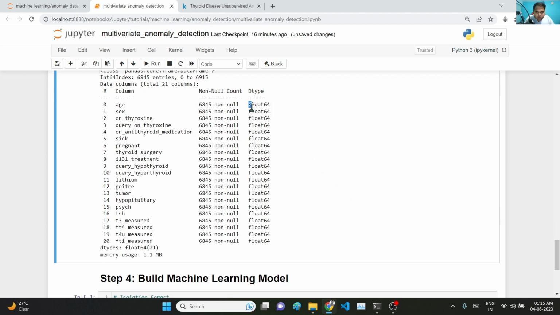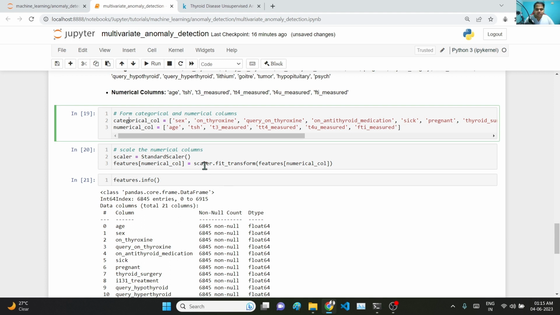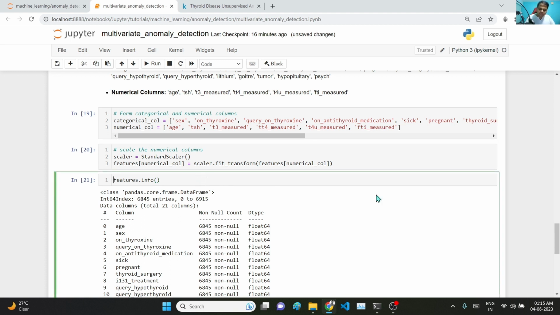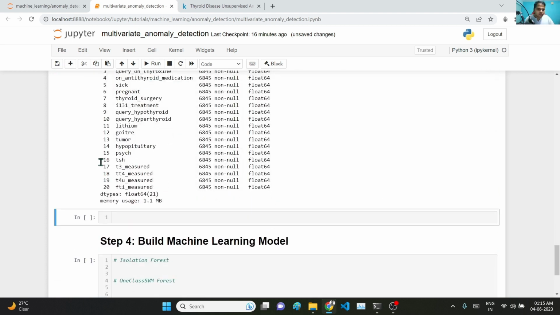Okay, so all are appearing as float, even the categorical columns. So what I will do is quickly convert the categorical column data types to category. Let me just comment over here, checking the data types of columns, and one more code block,